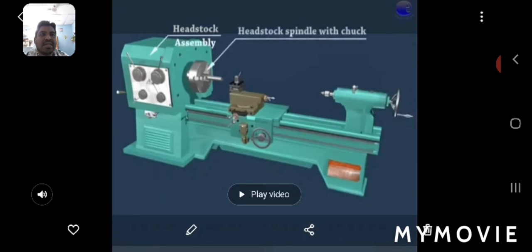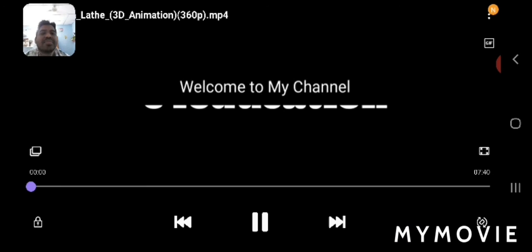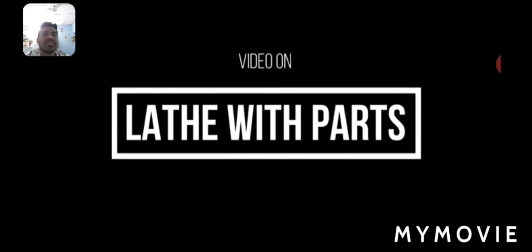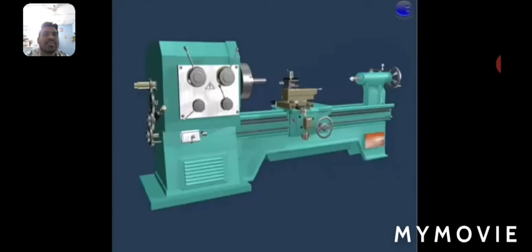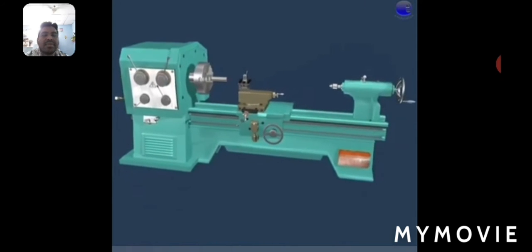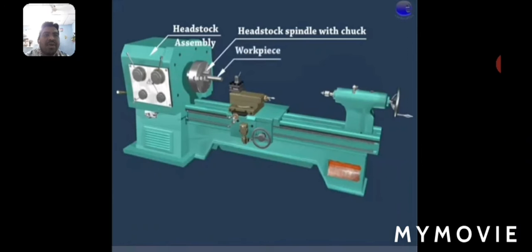It consists of, see, the head assembly, the 3D figure, the headstock assembly, headstock spindle with the chuck, cylindrical workpiece and the feed selector.